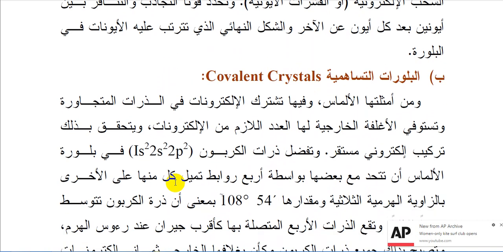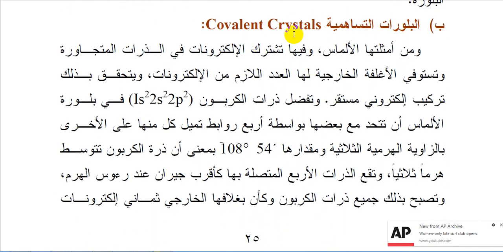Now, the covalent crystals, as you can see, are highlighted as diamond, and copper is an example, for instance. The electrons of adjacent atoms will be shared and will fulfill and occupy the outer shells. The outer shells will be fully occupied by the required number of electrons, and that is achieved by a stable electronic configuration.